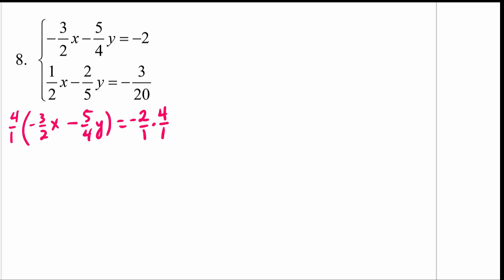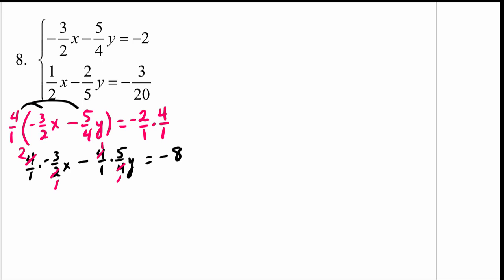That's really important. Let me distribute here on the left hand side, and I'm writing this middle step to help you, where I multiply that 4 over 1 times every single term there, and we get a negative 8 here. So then I'm going to go ahead and reduce here and here as well. So here I get negative 6x minus 5y equals negative 8. So this is my new equation, negative 6x minus 5y equals negative 8.